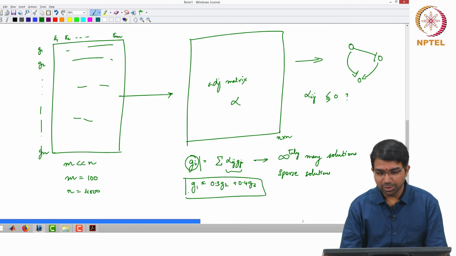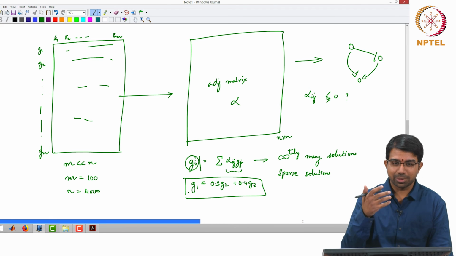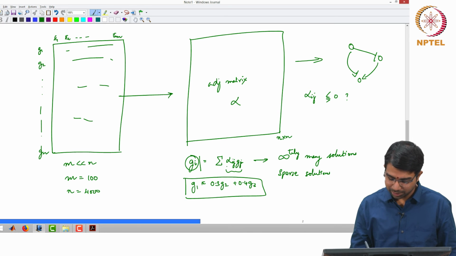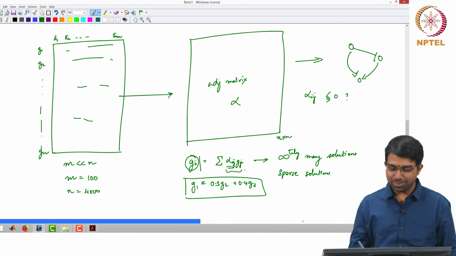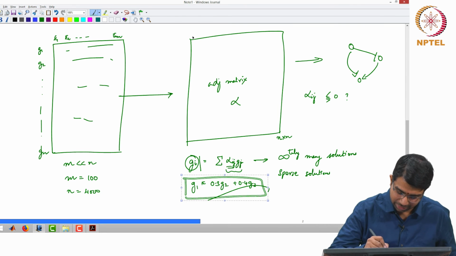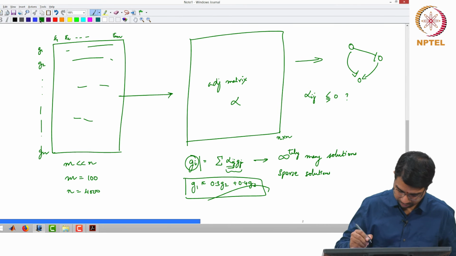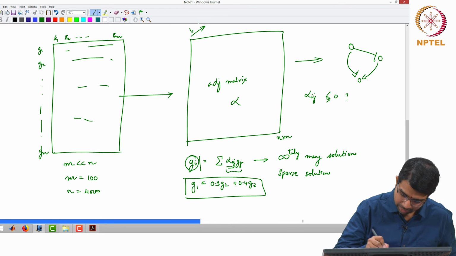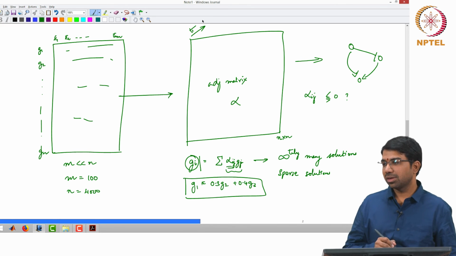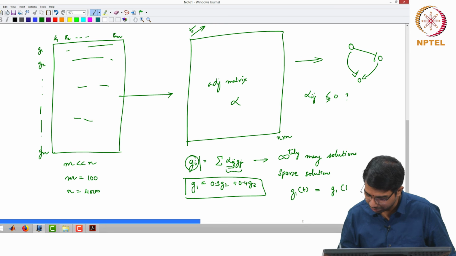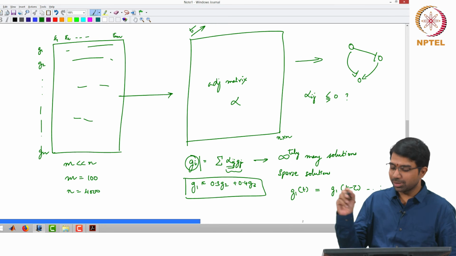So we are basically assuming that the entire network is hidden. I do not know any alpha here. So I solve this equation, right. This is going to be a very difficult equation to solve. So you need to have another axis, right. You could have another temporal axis, right, and then you could even say g1 of t is some g1 of t minus tau and so on. So, you can have